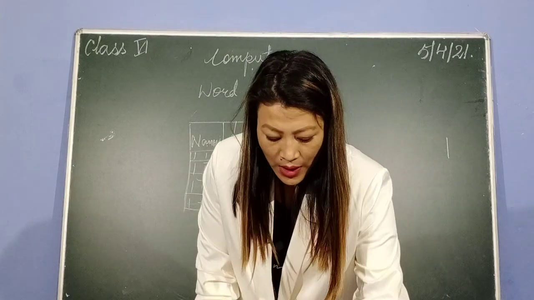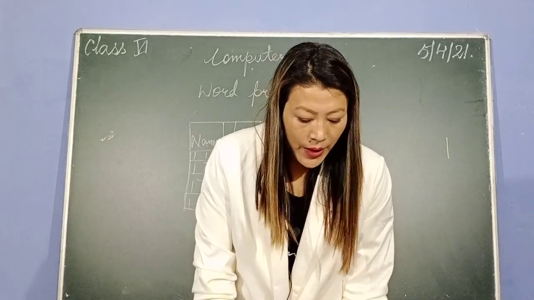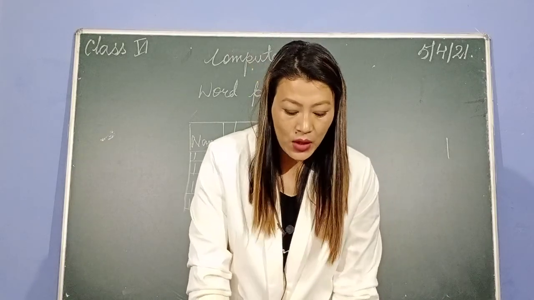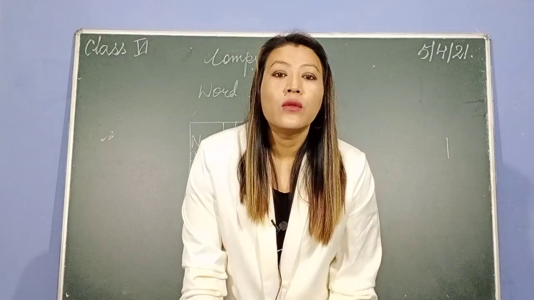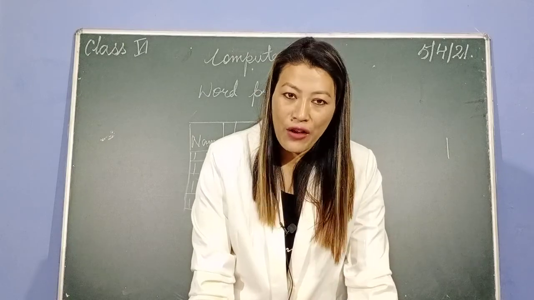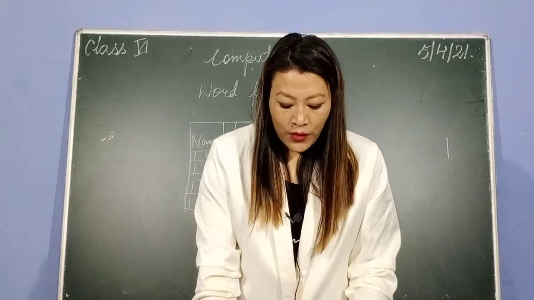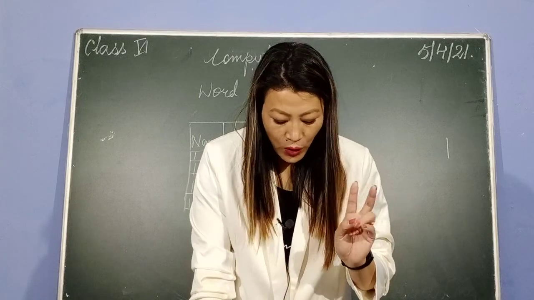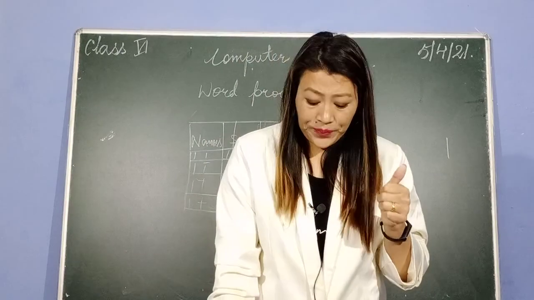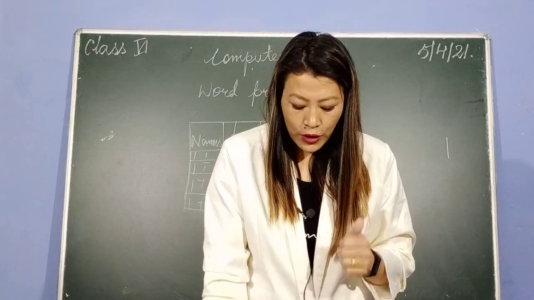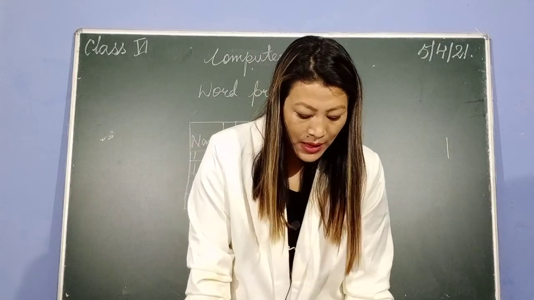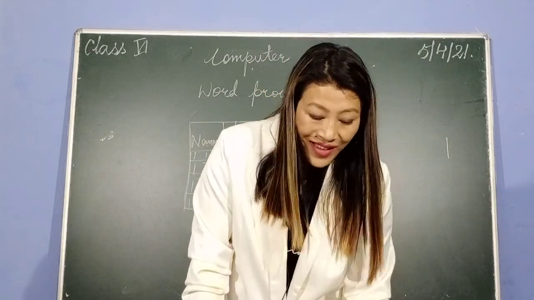Okay, so this much for today, children. We have already done 2 chapters, and those 2 chapters will be coming for your unit test. So children, please go through all the pages, because you will be getting 25 objective questions. For each question we will be giving you 4 options, and you have to choose 1 correct option. So you will have to study and read all the lines, all the pages of chapter 1 and chapter 2, because I have given you questions from all these pages.